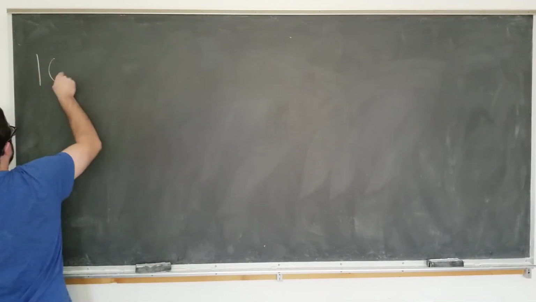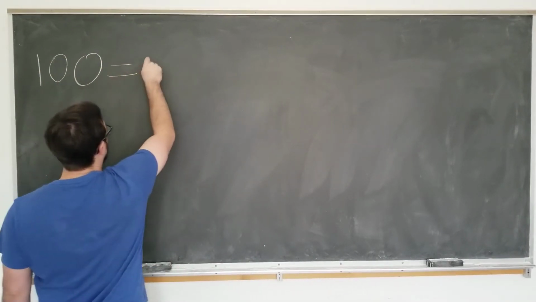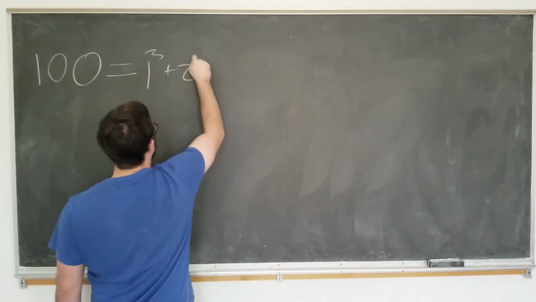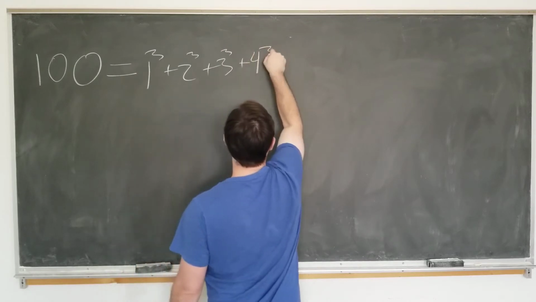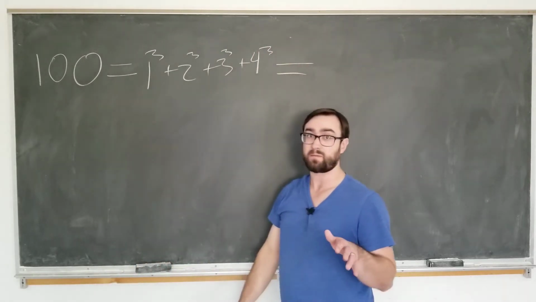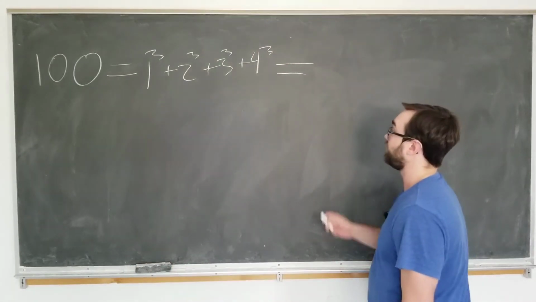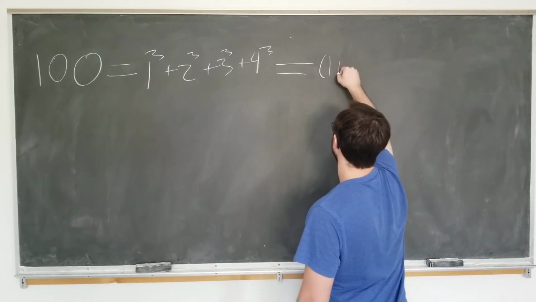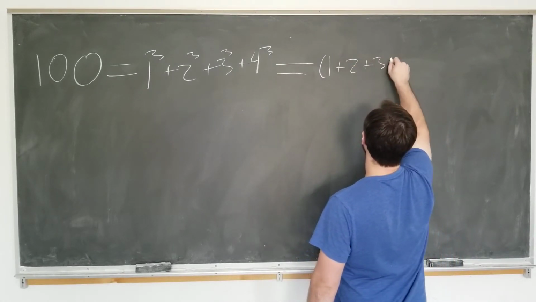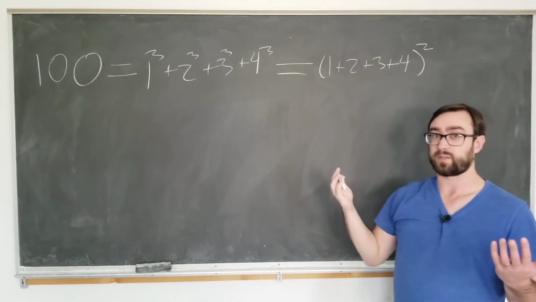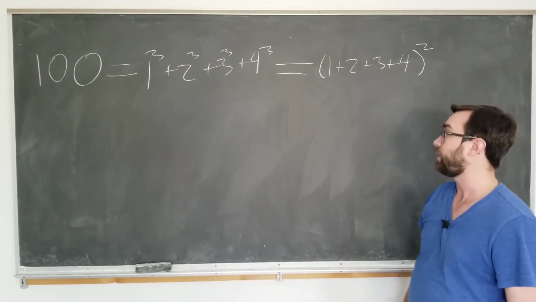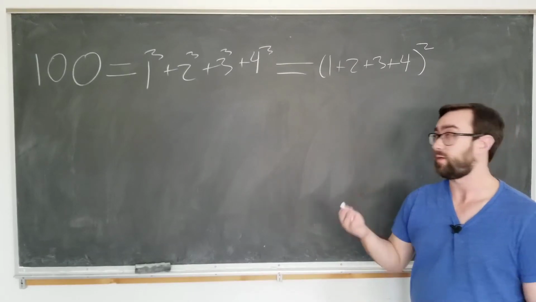The number 100 can be written as 1 cubed plus 2 cubed plus 3 cubed plus 4 cubed. Feel free to check it for yourself if you don't believe me. And it can also be written as (1 plus 2 plus 3 plus 4) squared. Also check this one. And this is a special case of the following identity, which we are going to demonstrate